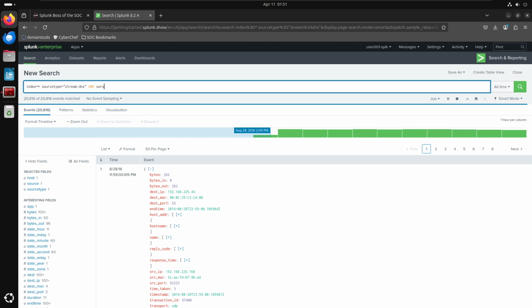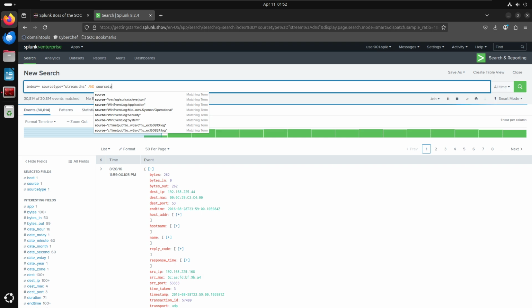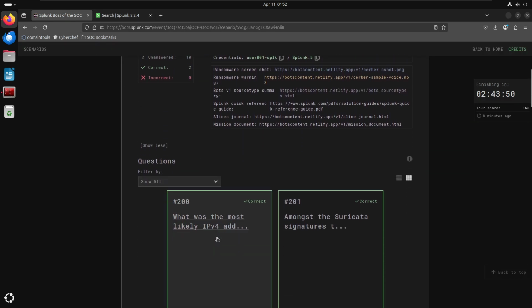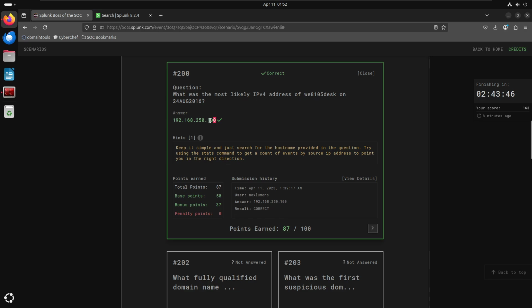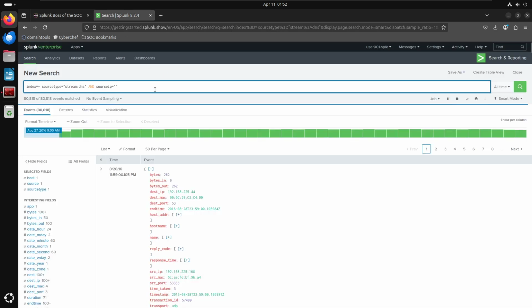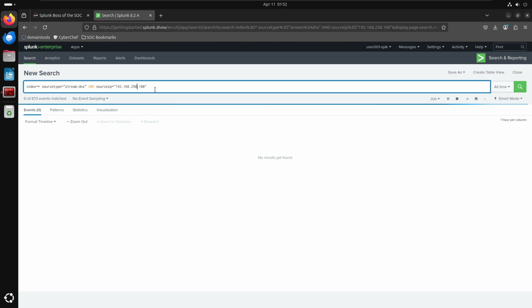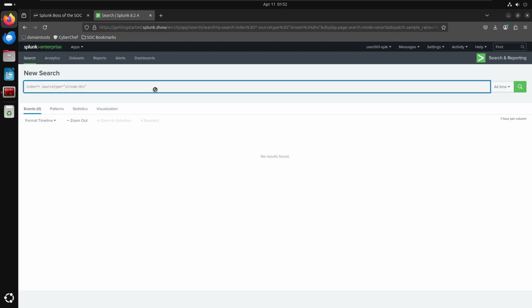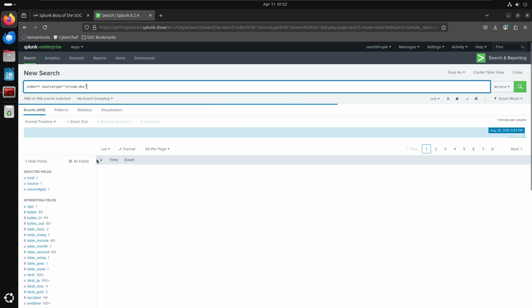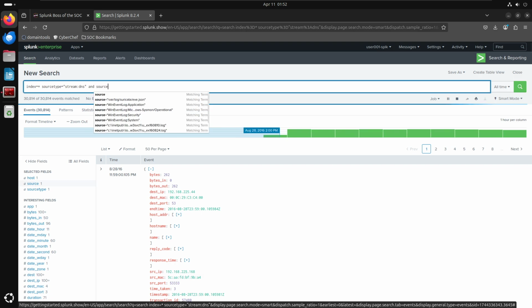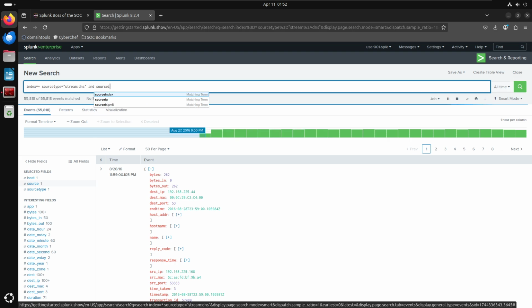And source IP equals 10.51.100. And source is IP. And source IP equals